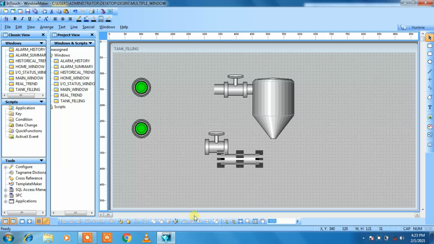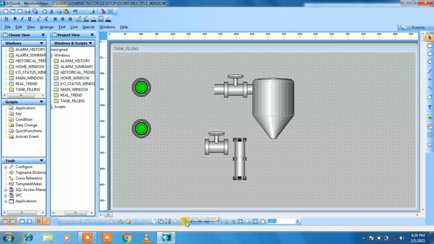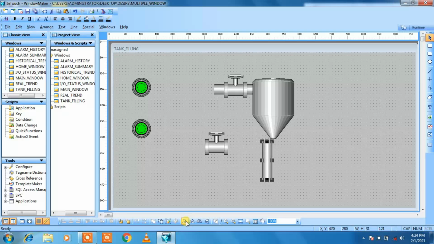So why did this happen? Because we have taken this pipe from the symbol factory, so that's why we need to break cell for this pipe. Okay, because we have taken the pipe from the cell of the symbol factory, so here is the option of break cell. Okay, this option is the break cell, and now these rotate options are open for me, so I will rotate it and I will arrange my pipe.